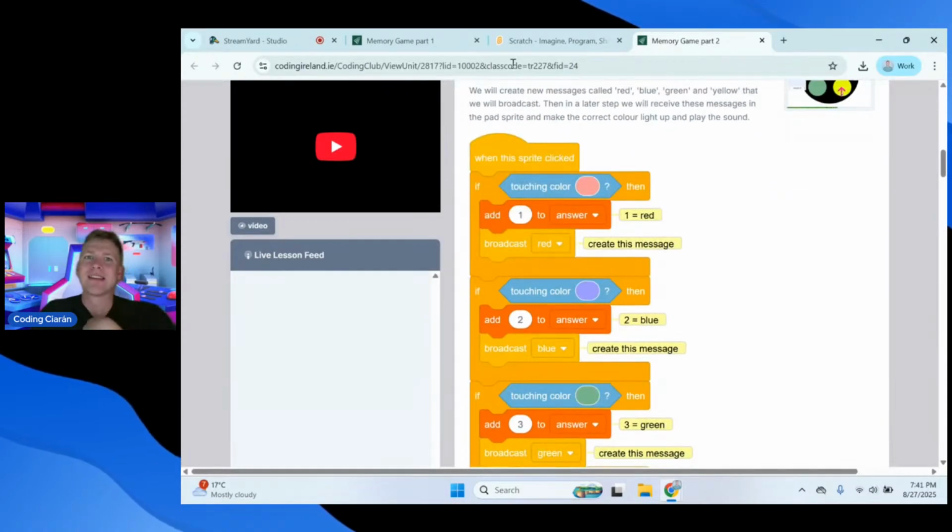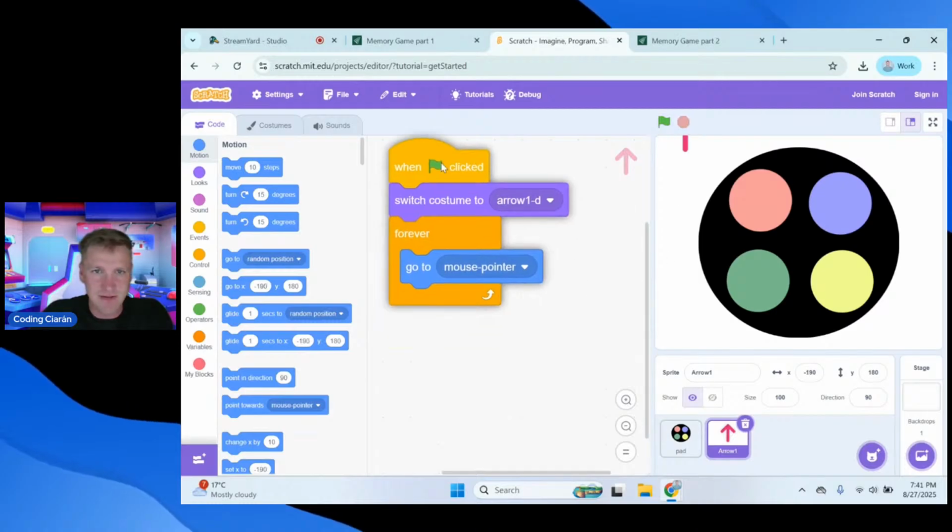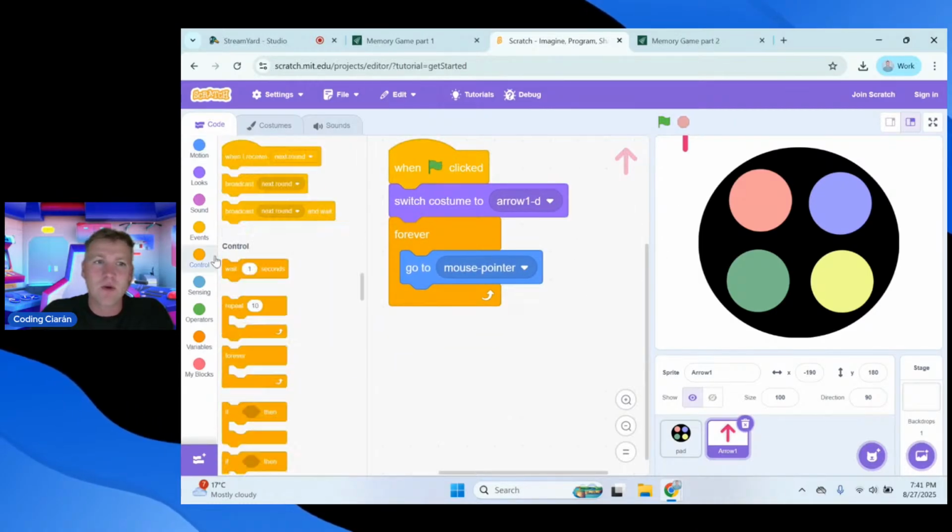So we're going to add, when this sprite is clicked, so we're going to pull this into your, I'm actually going to pause him because he's going to keep annoying me. We're going to say when this sprite is clicked,